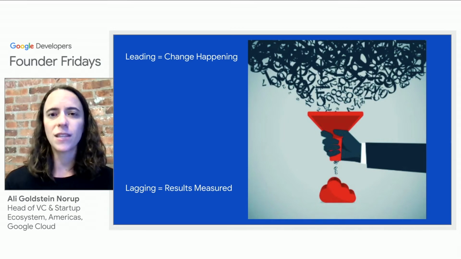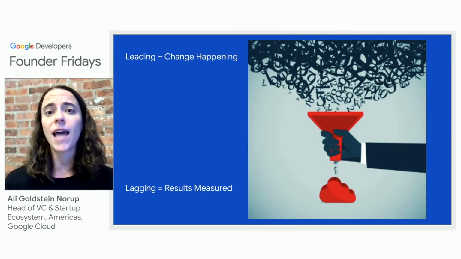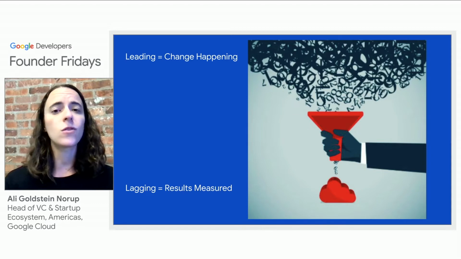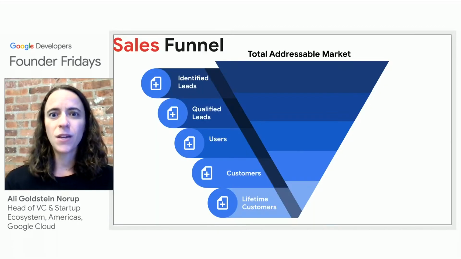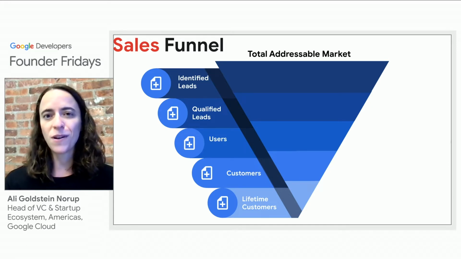I always love to think about this very specifically as a startup. Any money that's in the bank that you got paid by a customer, that is a very lagging indicator. Any of the steps that you did before then, those are all leading indicators. So let's take a couple of funnels to walk through the process and see if you can grasp it. Specifically, let's use a sales funnel. This is a bit more of a B2B sales funnel. We'll do a different funnel after this.